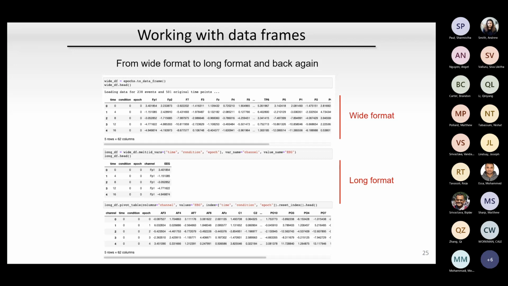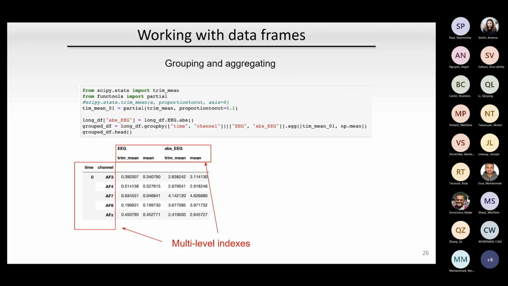Pandas, for example, allows you to go from the wide format, for example, here having all the columns as all your channels, to a long format where you have a column that tells the channel and a column that tells you the value of, in that case, the EEG. So that you can do easily with Pandas. And you can do things, for example,